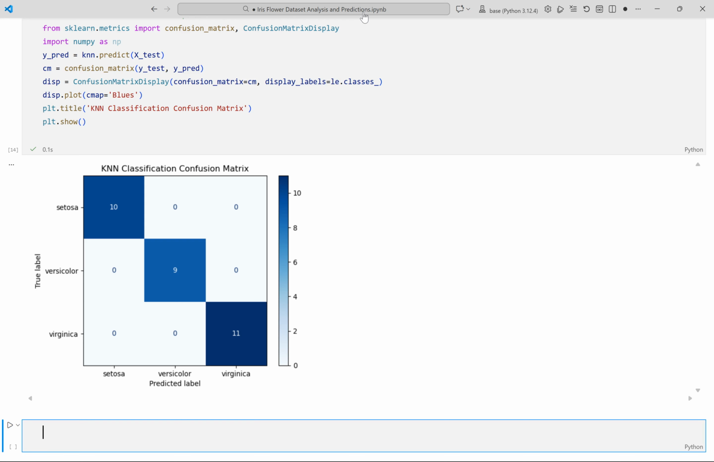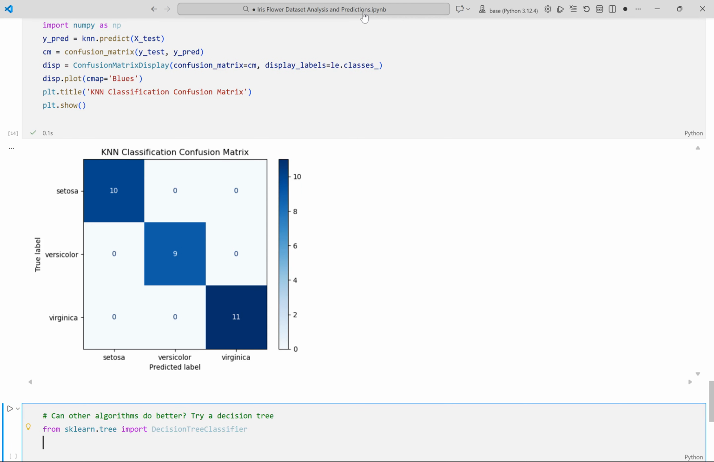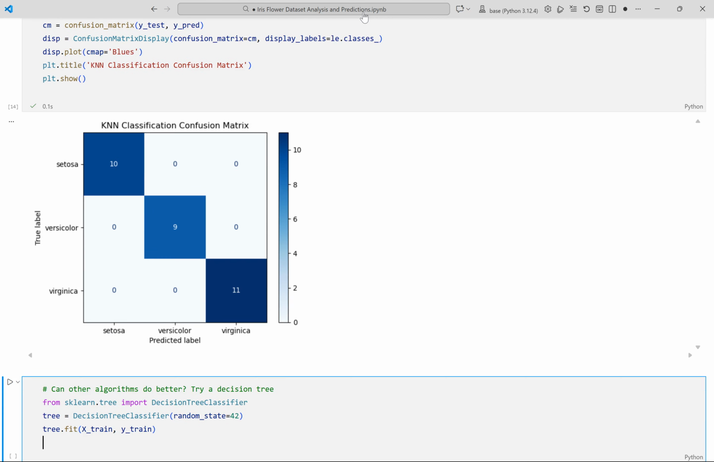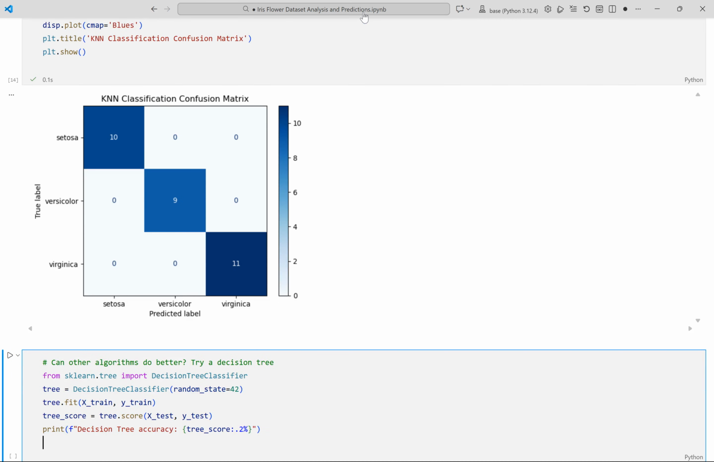Let us try a different classifier, the decision tree. Decision trees split data by rules and can work well on small datasets. Can other algorithms do better? Try a decision tree. from sklearn.tree import DecisionTreeClassifier. tree = DecisionTreeClassifier(random_state=42). tree.fit(X_train, y_train). tree_score = tree.score(X_test, y_test). print(f"Decision Tree accuracy: {tree_score:.2%}")